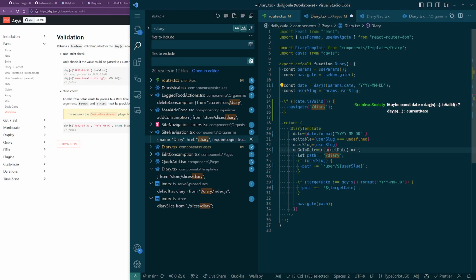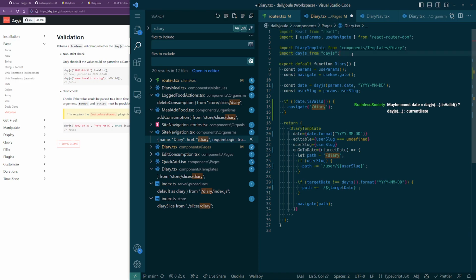We would still need to figure out, are we on a different user's diary and go to that user's diary instead of the selected date? If we did that, we'd also want to show a toast or something to indicate there was a problem, which we could do. But what we probably want to do is